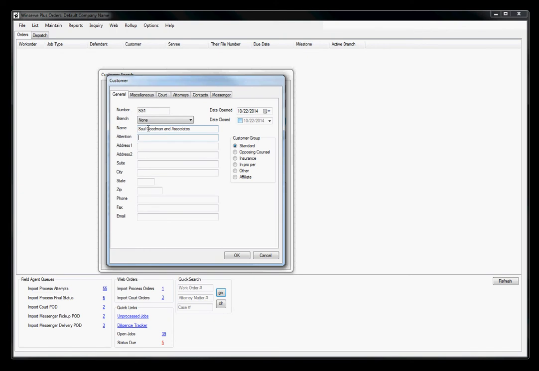If we need to put in a secretary's name or maybe the billing name, this is something we can print on an invoice. If the law firm is large enough to have the need for an attention, you can do that there. But otherwise, you can just fill in the information